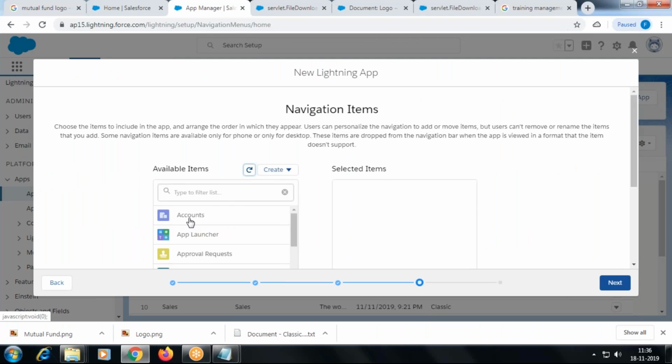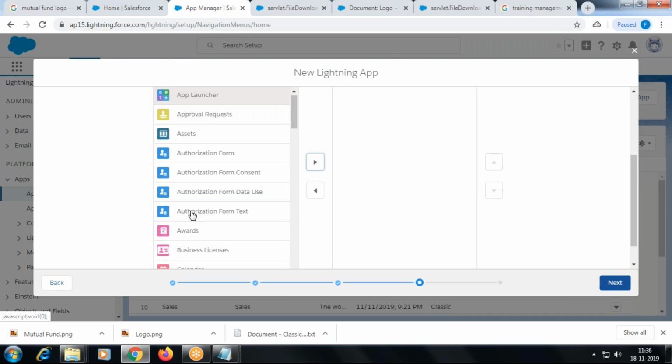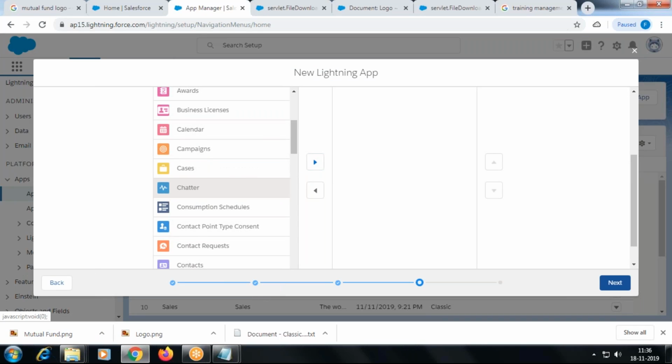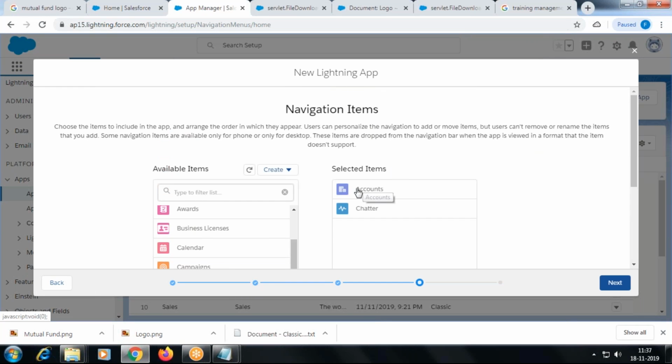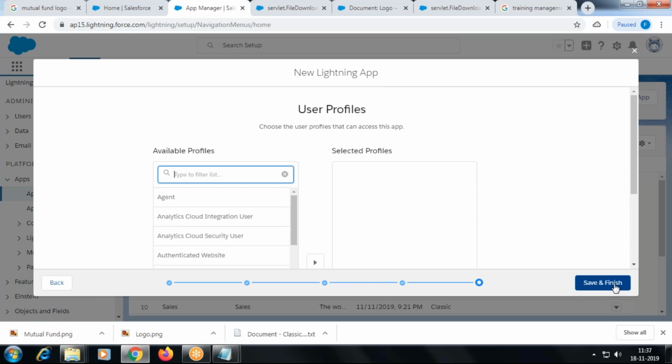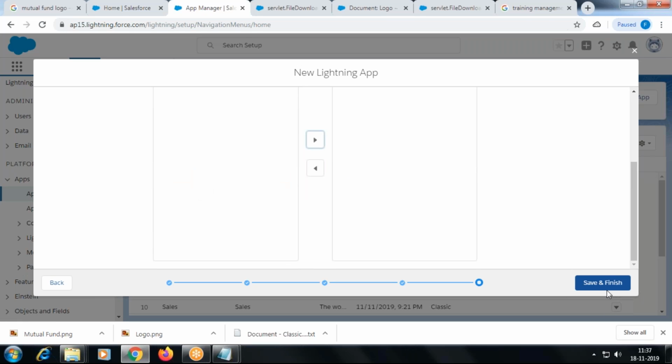And I go back here, account. So you can select here and go with the option. Will be added, okay? And here we don't find a home tab, right? The home tab can be ignored. Home tab is not mandatory. And then next, what next step? Who is going to have access? Okay, so you choose a profile here, system administrator, and then save and finish. People got this?